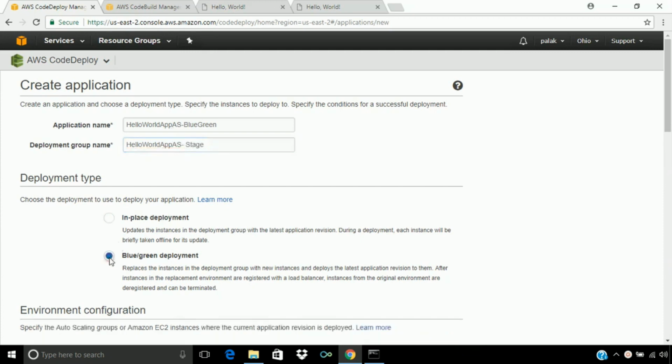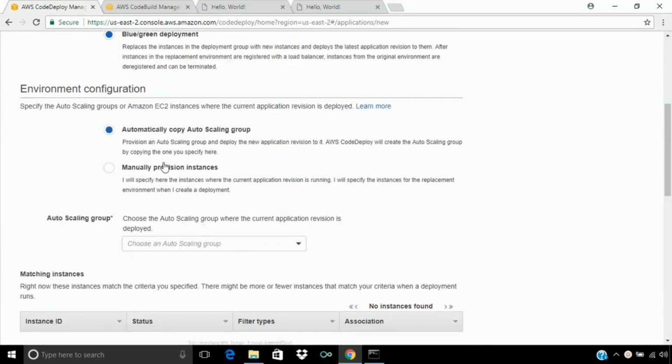Now we are going to use the blue green deployment. So in this case we will allow it to automatically copy the auto scaling group. If we want to specify which instances to use for the replacement environment, then we can select manually provision instances. But as of now we will leave automatically copy auto scaling group.